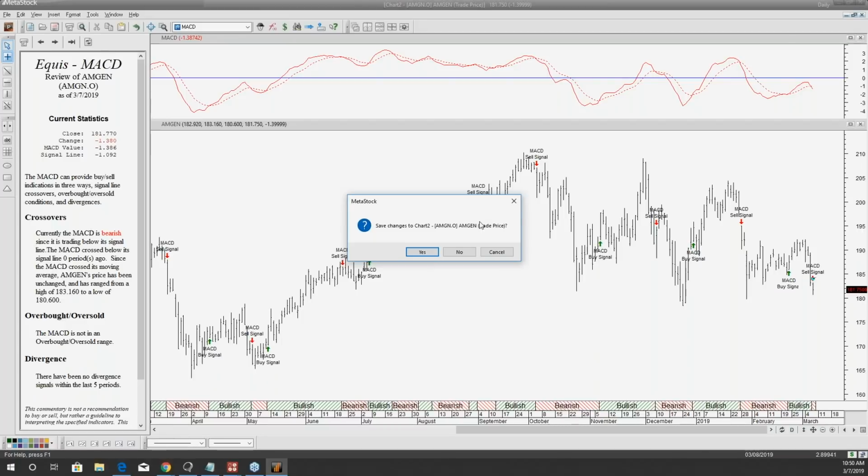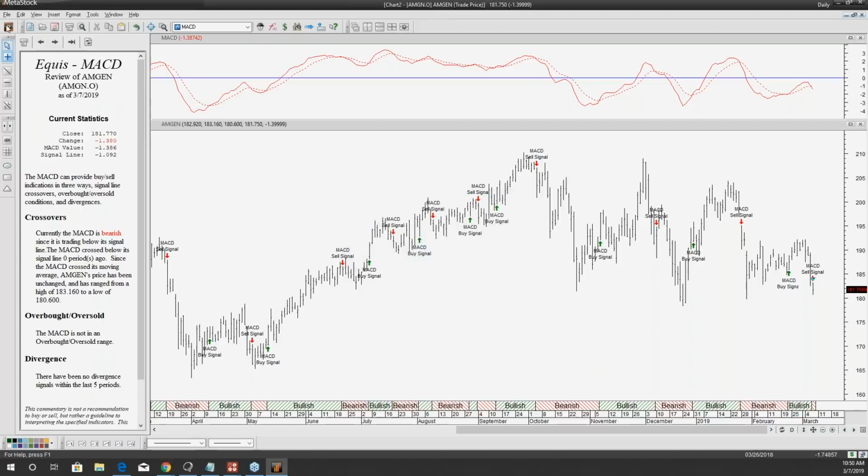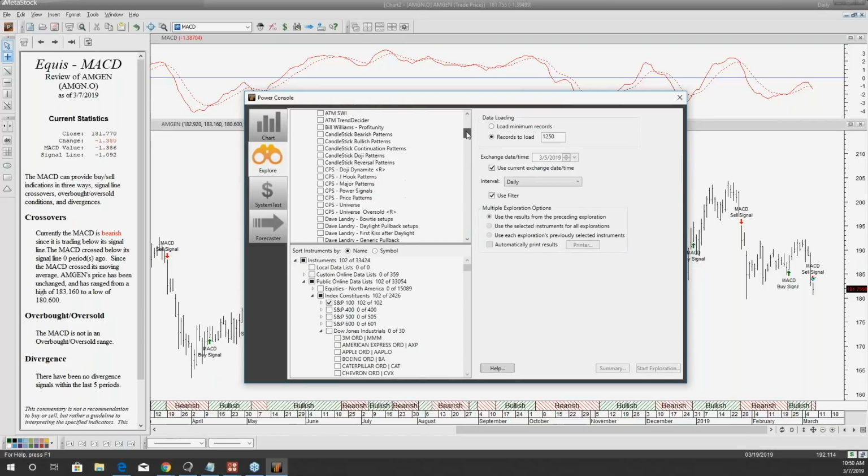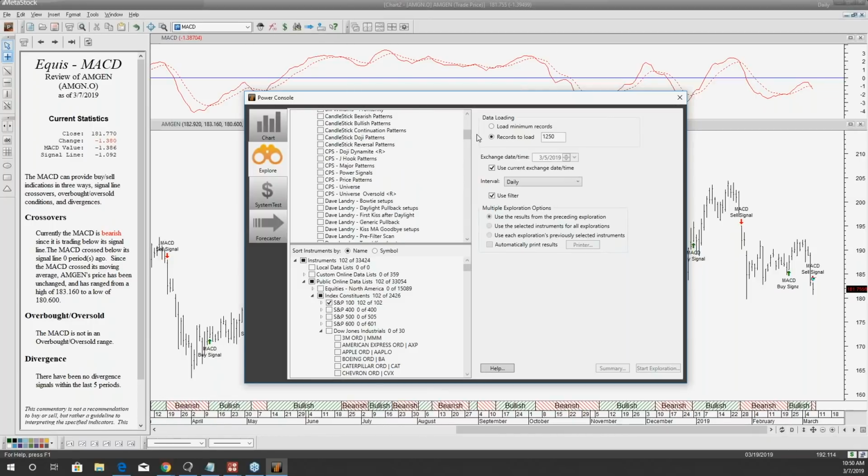You can always go through our other scans that we have. As you remember, there's a lot of other scans, and we can create our own if we wanted to as well. But we can keep using MetaStock to help us find a good opportunity today. I mean, we even have candlestick patterns, stuff like that. And after we do find many opportunities, let's test the system that we scanned the markets with and see how well that system's worked in the past, to kind of zone in on the trade we want to jump into.